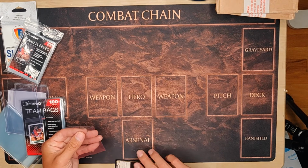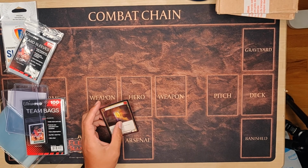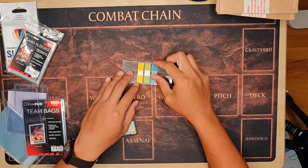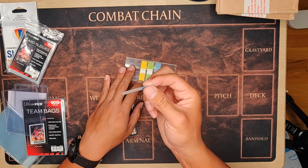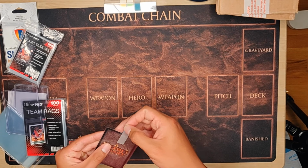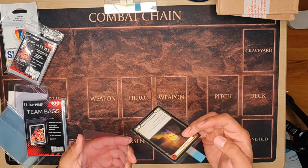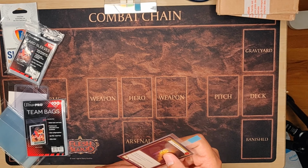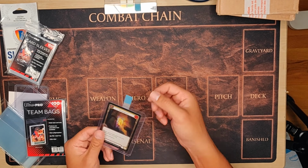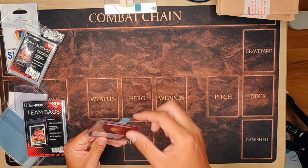Okay, so I will put my card in my tin, which should already be in. You also, if you want to, for the convenience of your buyer or your trader, could take one of these tabs. These are like bookmarkers for textbooks. You place it on, then take your top loader and place it in. There's a reason why: if your buyer or trader wants the card, instead of trying to fish through it, they just have to